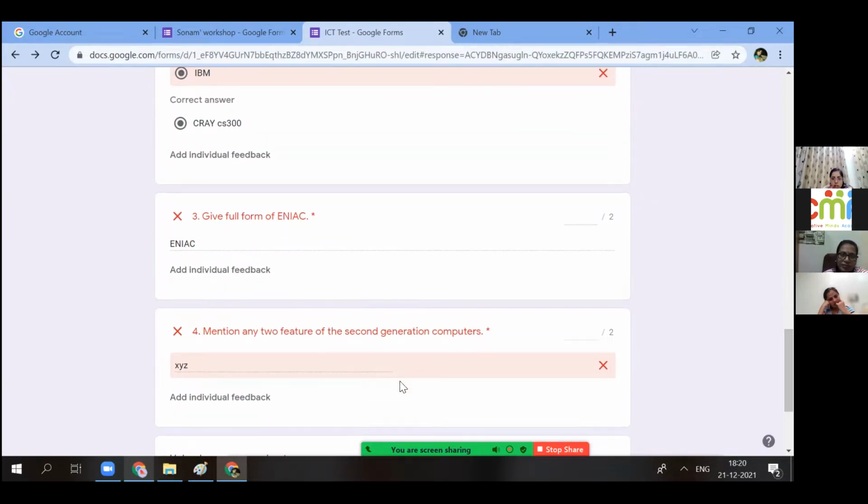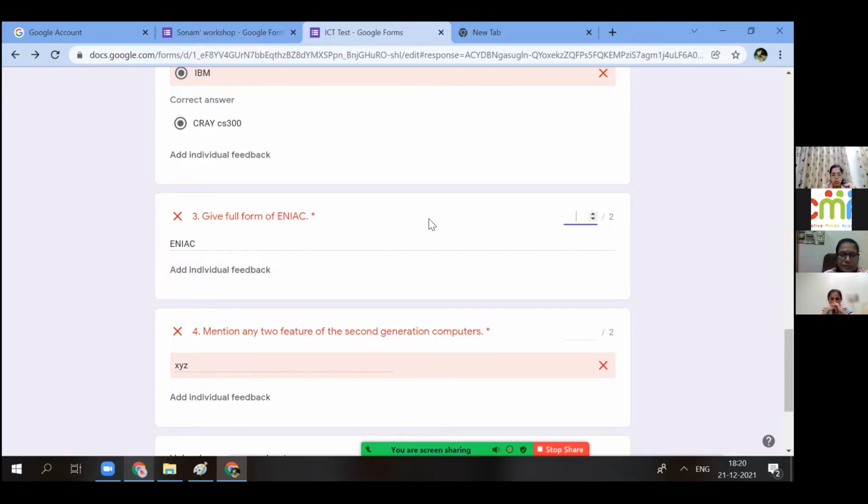Or if you think the student has written the right answer, because here Google Classroom is case sensitive, even if student has written ENIAC, the full form of ENIAC in a small case, whereas I have written the answer, I can even add the individual answer feedback here. But if I'll do that and I've given double space and I require one, so for these answers what I feel manual check is the correct way to do.